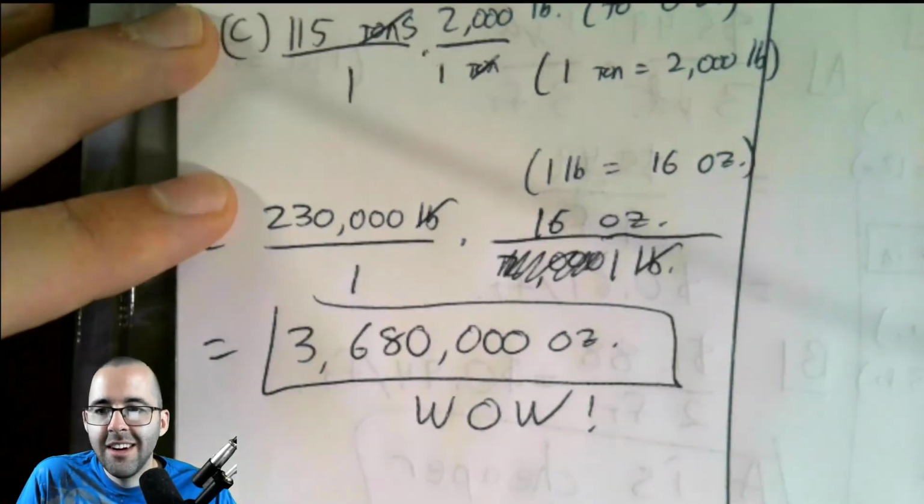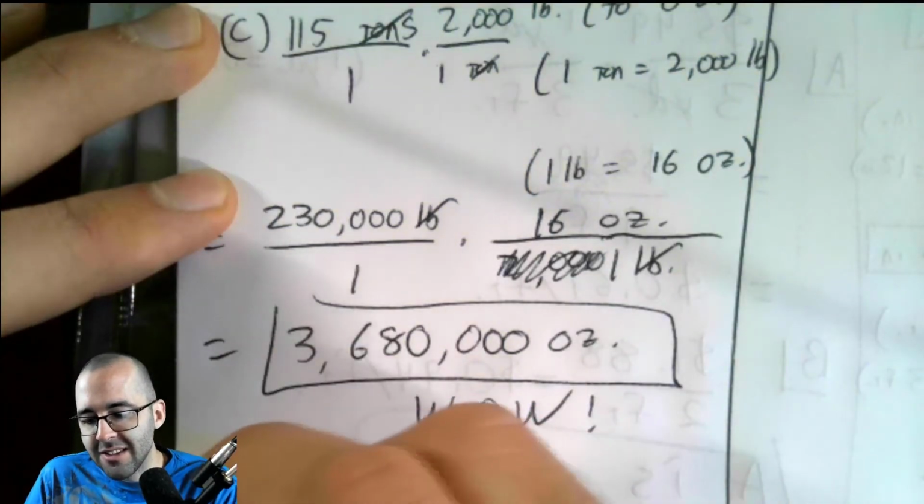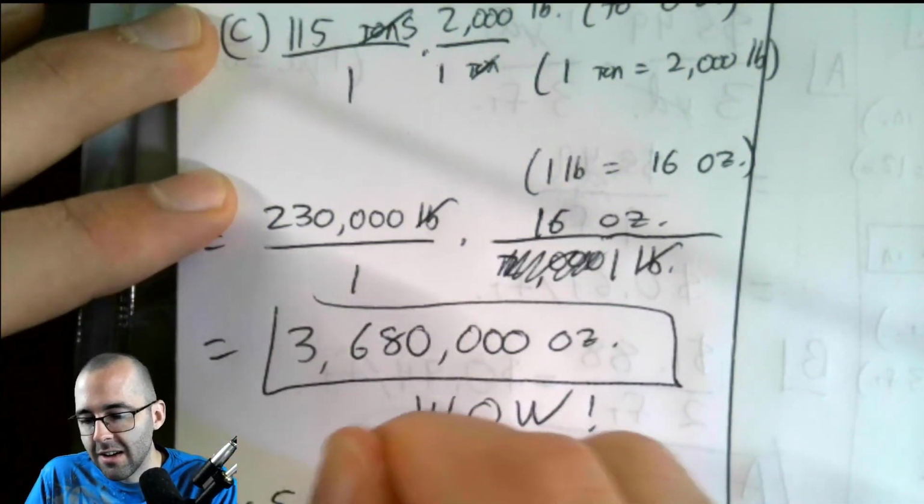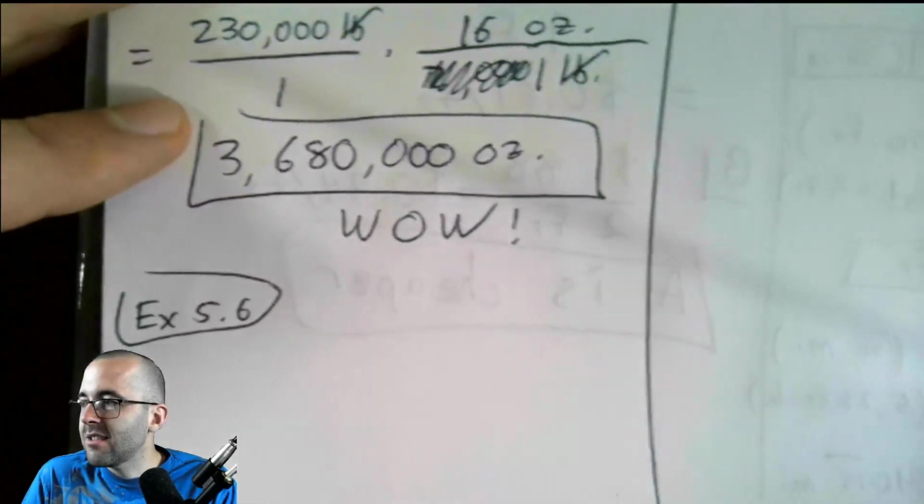All right. And that's this example. One more example, and this video should hopefully be shorter than the last one. Example 5.6. So 5.6 says,